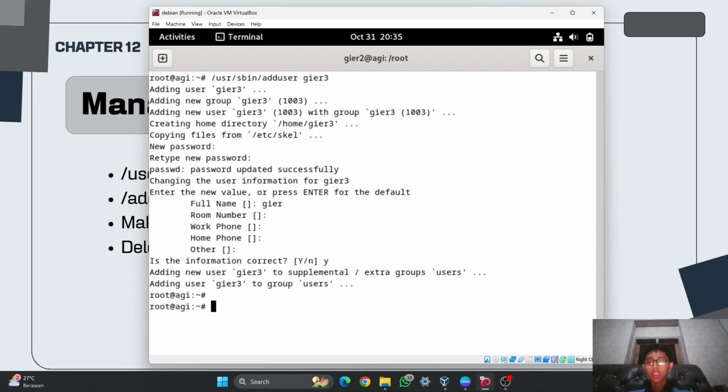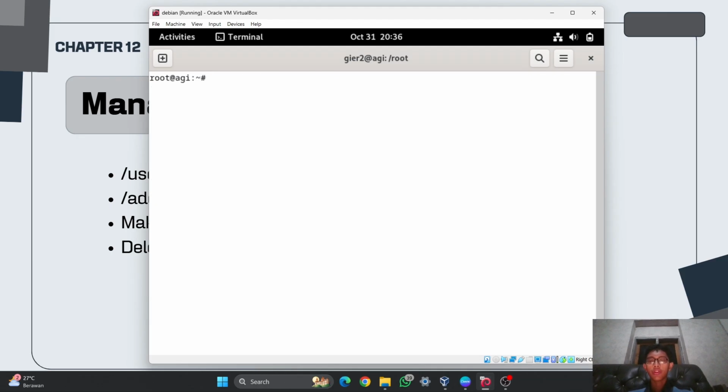I will practice it in here, but first I want to see /home, and as you can see for gr3, it automatically gets the home directory. It is automatically created, and I will clear it first, and I will check /etc/passwd.